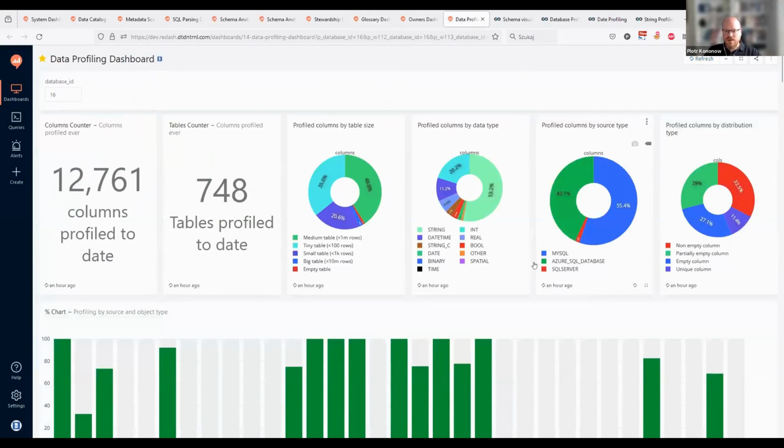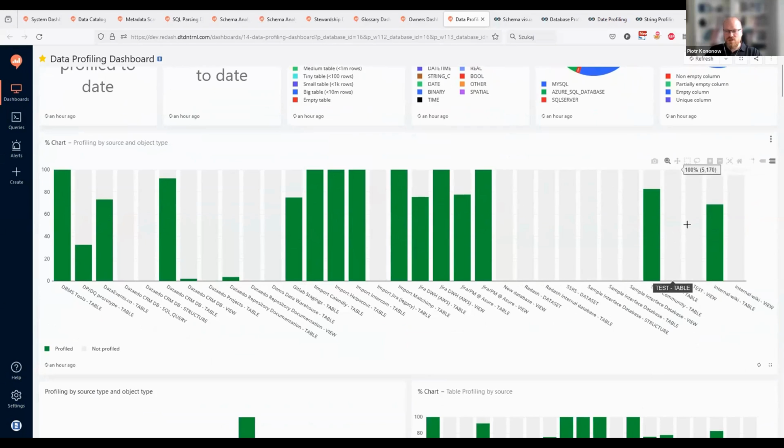This is a collection of information from the data profiling. It's a similar concept as previously, where I was analyzing the information from the repository about the profiling, and how many different data types I have.